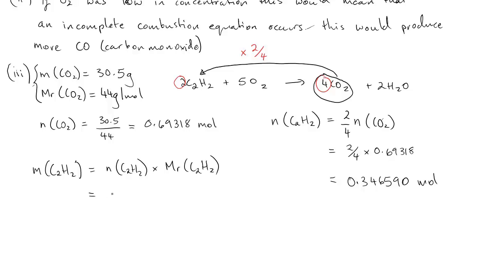Okay, so that's 0.34659 times by the molar mass, which is 24 plus 2. So 24 plus 2 is 26. And then we just multiply the 2 out. So we end up getting a mass of